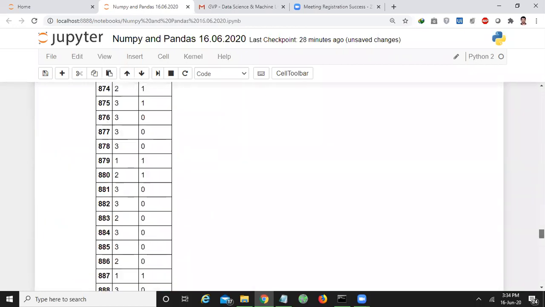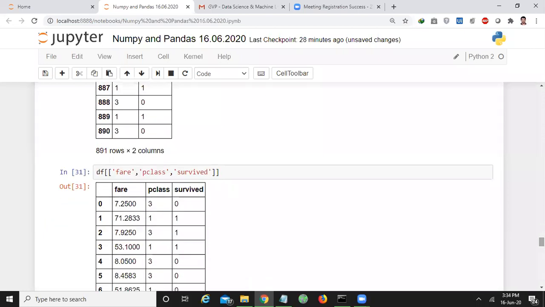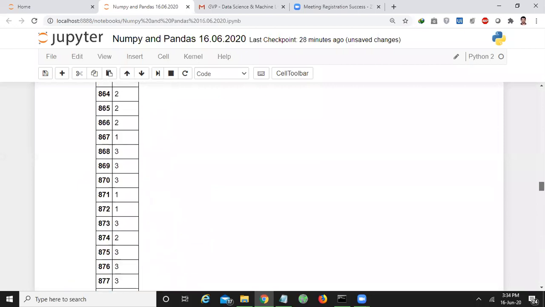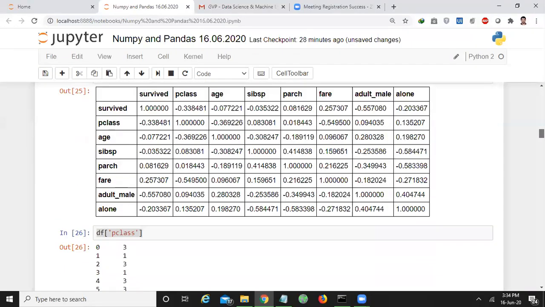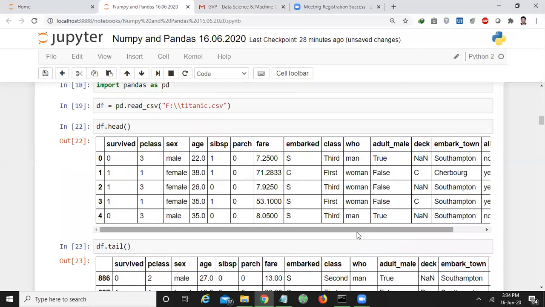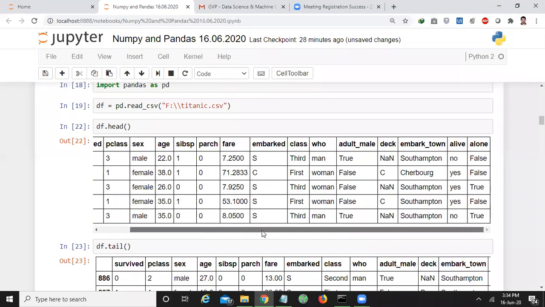You may ask, sir, what is the usage of doing like this? Why should I separate these columns? For example, if you observe the original data frame, how many columns are there? 1, 2, 3, up to 15 columns are there.